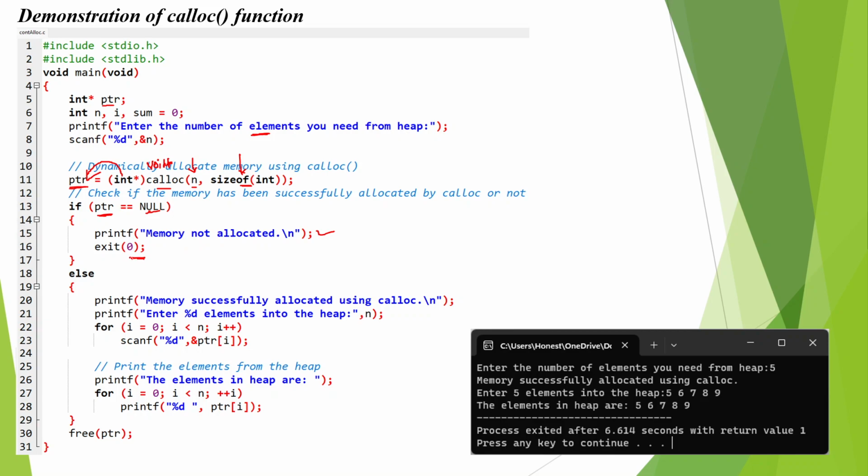Hope you understood. Okay. Then if the pointer is not null, that means it is holding the address of the first byte of the memory which is allocated, isn't it? In that case, this condition becomes false and the control goes to the else part. So in the else part, I am printing a message that memory has been allocated successfully using malloc function, and then that many elements I am reading and simply